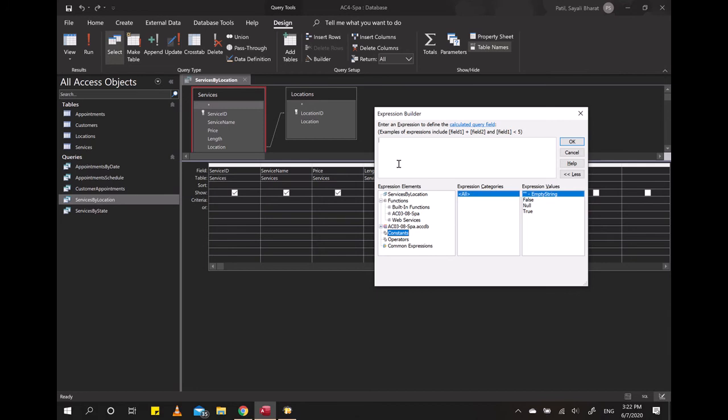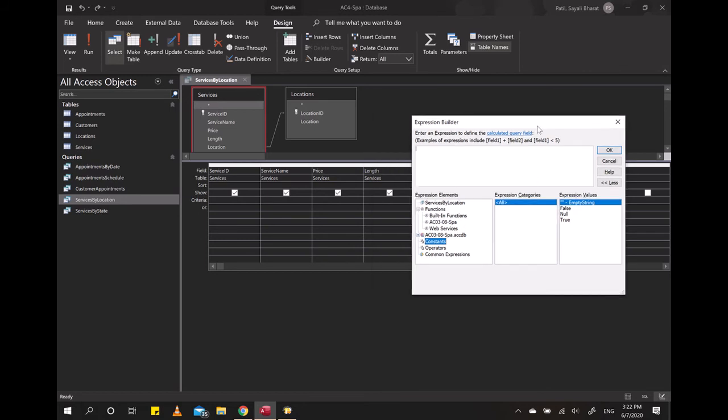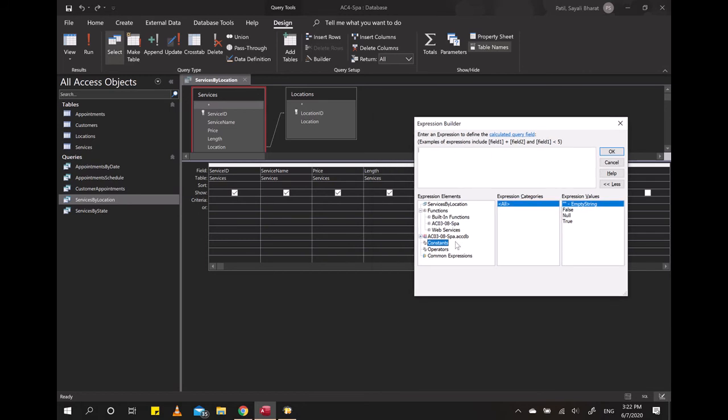So our formula is going to be price multiplied by 0.15. Okay, so let's build this using our expression builder. So I know that I want a field which is my price field. So if you click on services by location, you will know that these are the fields I can use,